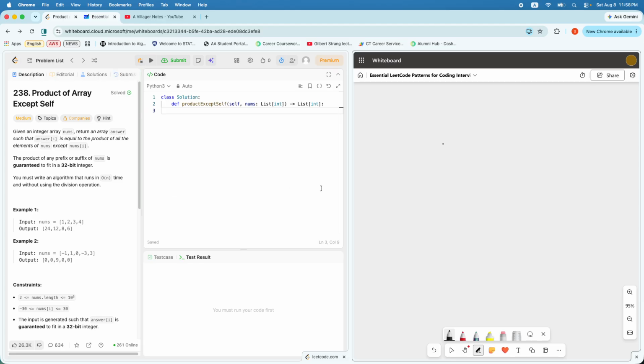But the problem is that sometimes you may have some arrays with some value of 0, and you know that you cannot divide by 0, so you face an error. For that reason, it also mentions that do not use division operation. So if you do not use division operation, that means for every index